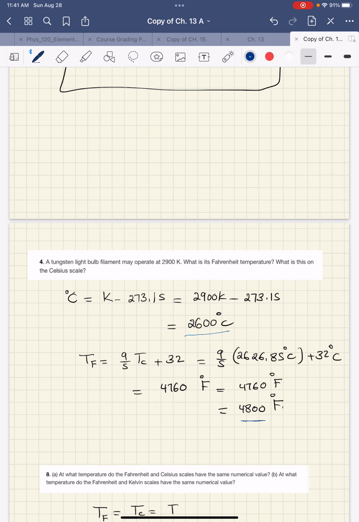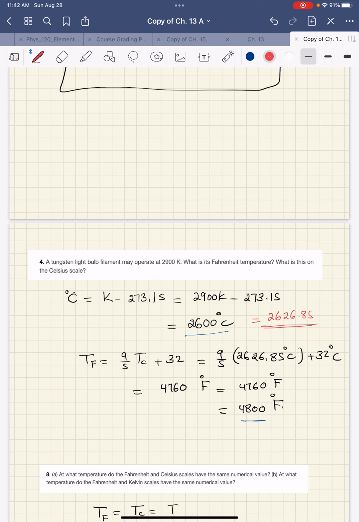Something I want to bring to your attention is that when I did this calculation, I got 2626.85, but for the sake of significant figures, it was converted into 2600, because here we need to keep the lowest number of decimals,